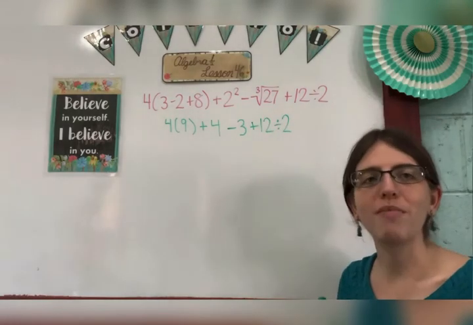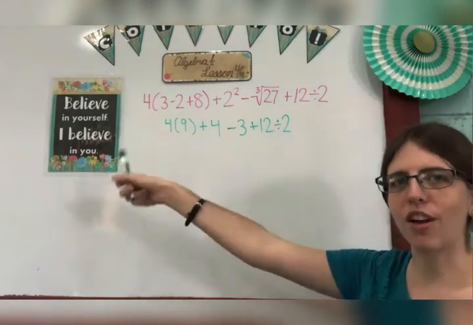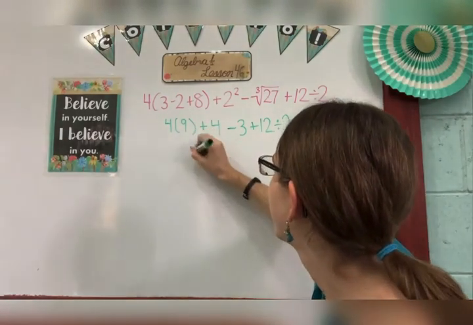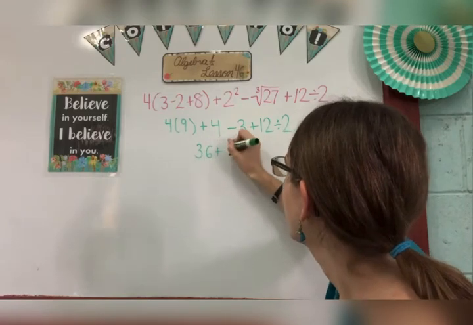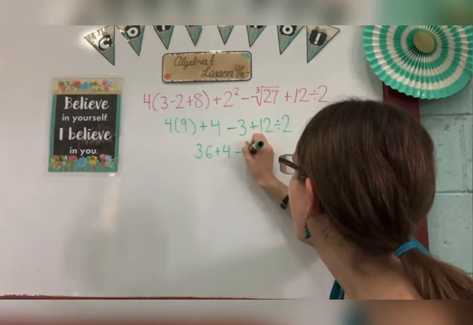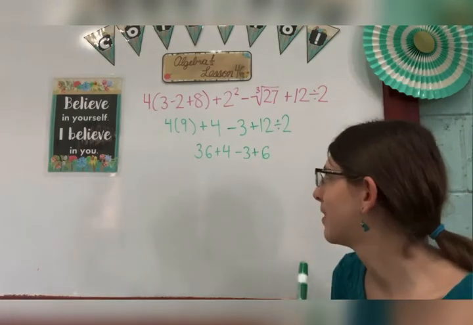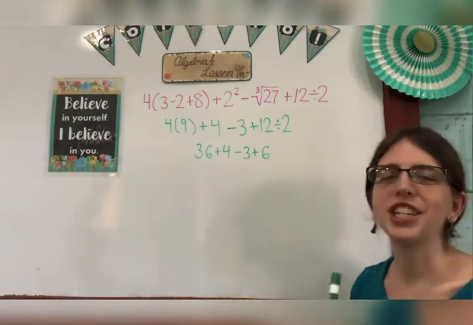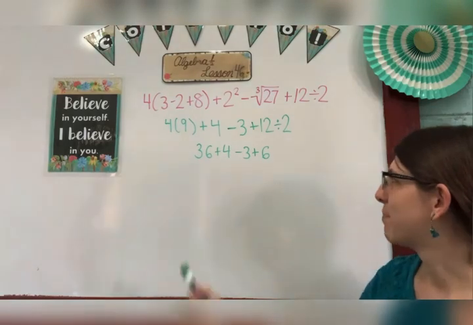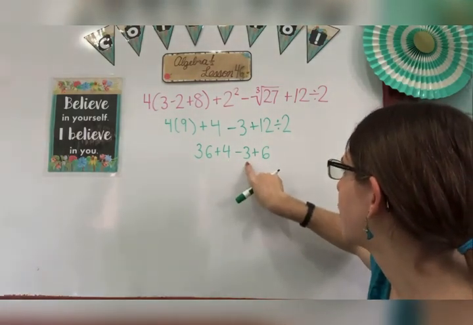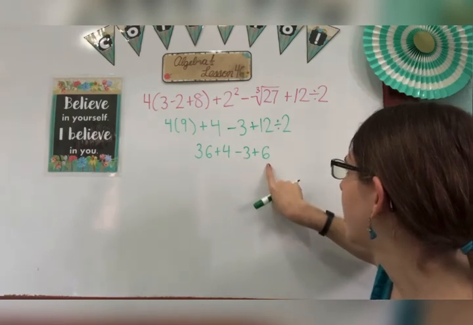Now I do all of my multiplication and division going from left to right. 4 times 9 is 36. Plus 4 minus 3 plus 12 divided by 2 is 6. Now I do all my addition and subtraction going from left to right. 36 plus 4 I know is 40. 40 minus 3 is 37. 37 plus 6